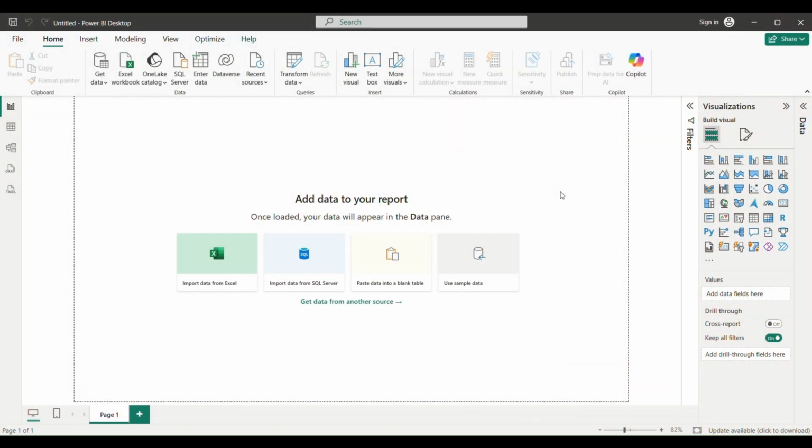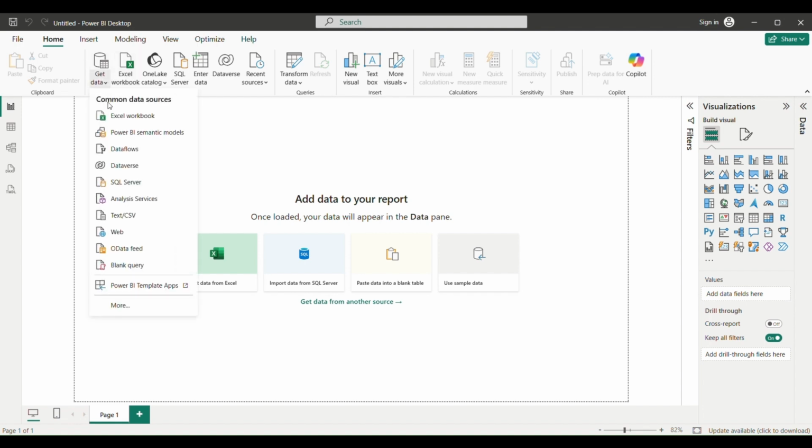Hi everyone, welcome back. Today we are going to build a calendar with the help of a blank query. And the awesome thing about that is that we can just copy it at the end and paste it in any report we will build in the future. So this is awesome. So stay focused here. Okay, so let's just start.